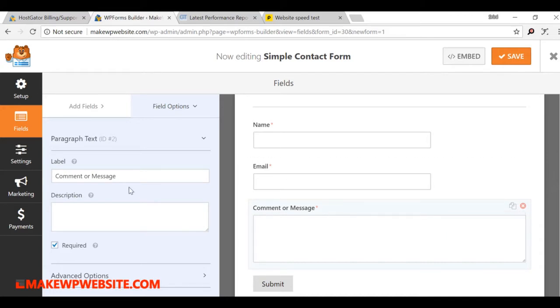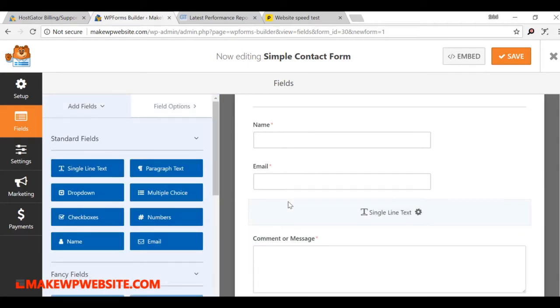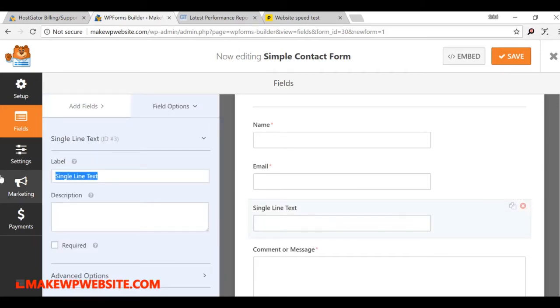Before that, if you want to add more text boxes, you can add a field. You can say subject, and it's not required.